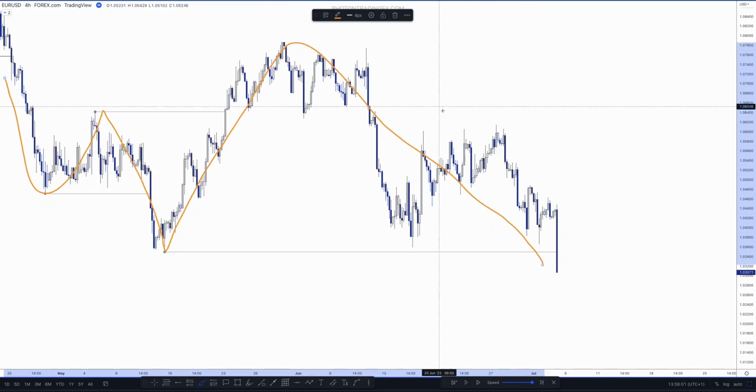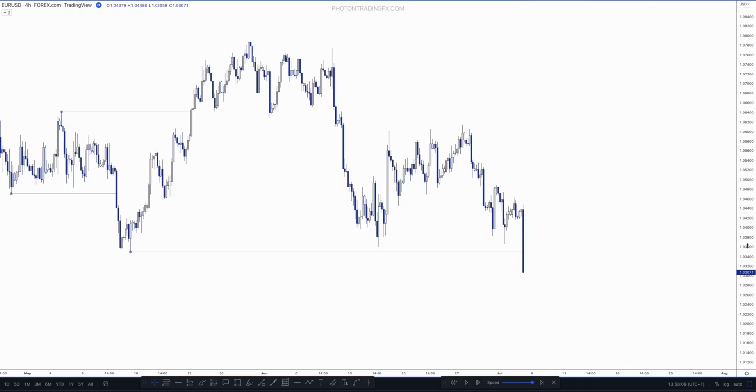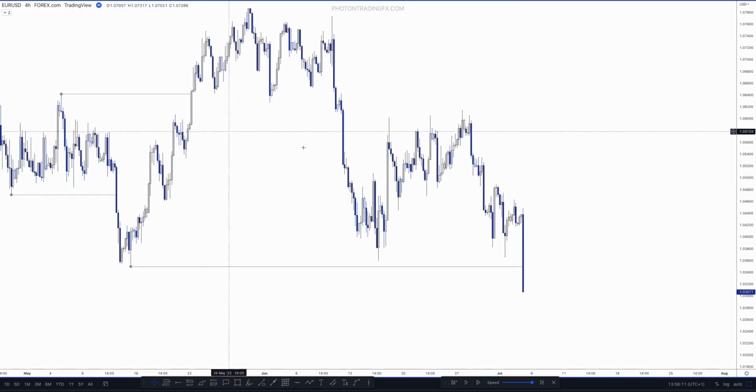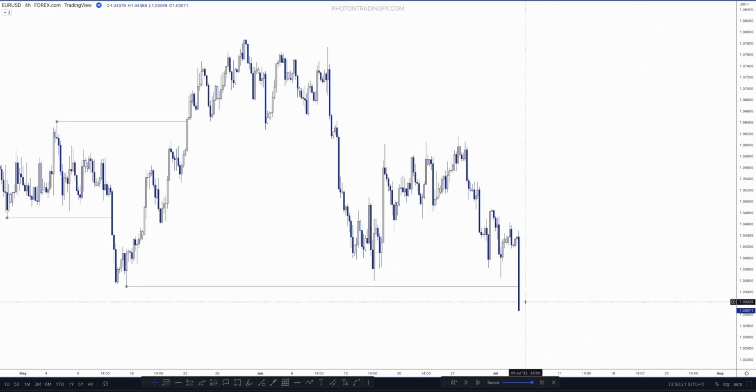Now there are slightly different ways you could have got to this point, because you could have viewed that as a swing pullback and whatnot, but I'm going to talk about that in a future lesson. For now, let's ignore that and just trust me that this is the swing break of structure. And if this is the swing low that we've taken out from here and we've had a break and close below, what's the first thing we need to do once we get that candle closing and finishing? We need to know where our new swing high is,